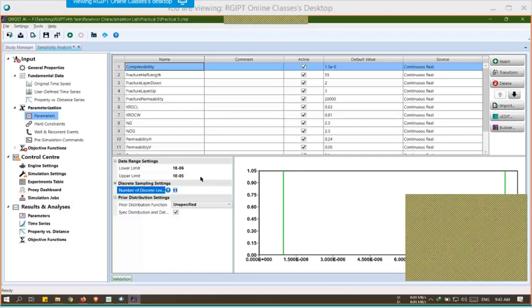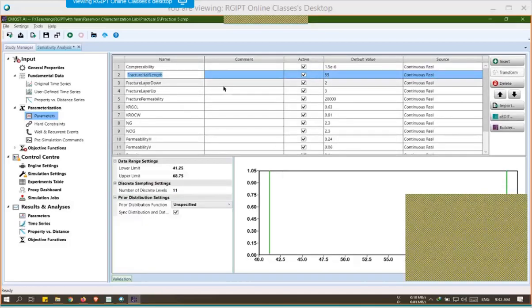But this CMOS will just see the upper and lower values and the number of values that have to be created, and automatically create the data set for this parameter. We do not have to open a builder file, copy that data set again, and then open it again to change the parameter. So that lengthy process has been very much reduced by using this CMOS. So for this fracture length,